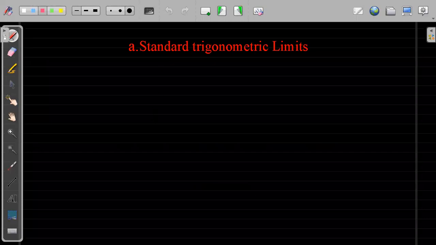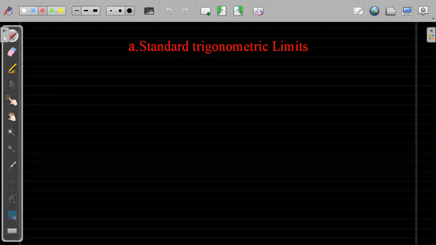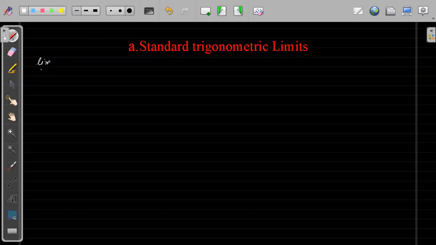So let's see. Yesterday we started with standard limits, right? The first form which we did was standard trigonometric limits. Yesterday we saw, using the graphical approach and using normal expansion also, two different forms. First was limit of x tending to 0, x by sine x, which will be equal to 1, but to be very precise, this will be 1 plus, because x is greater than sine x.